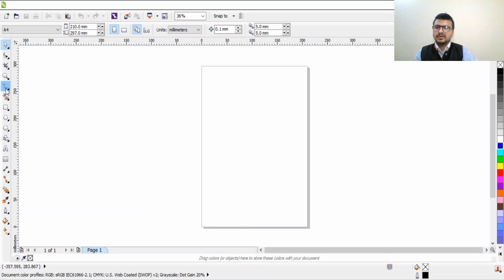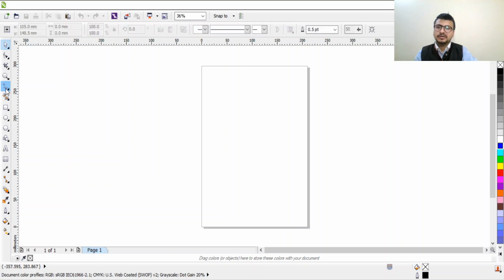The fifth one is the freehand tool. Basically, this freehand tool is used to design a few things, like if you want to create a two-point line, normally point to point and a line. You can use a Bezier tool. You can use the artistic media tool. You can create your own paintings, like in a calligraphy effect. You can give freehand strokes. You can add some artistic brushes also with the artistic media tool.